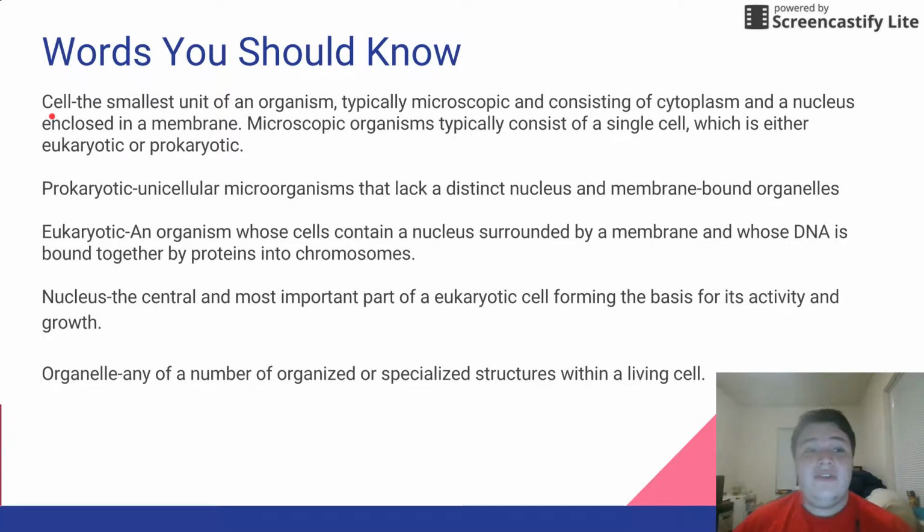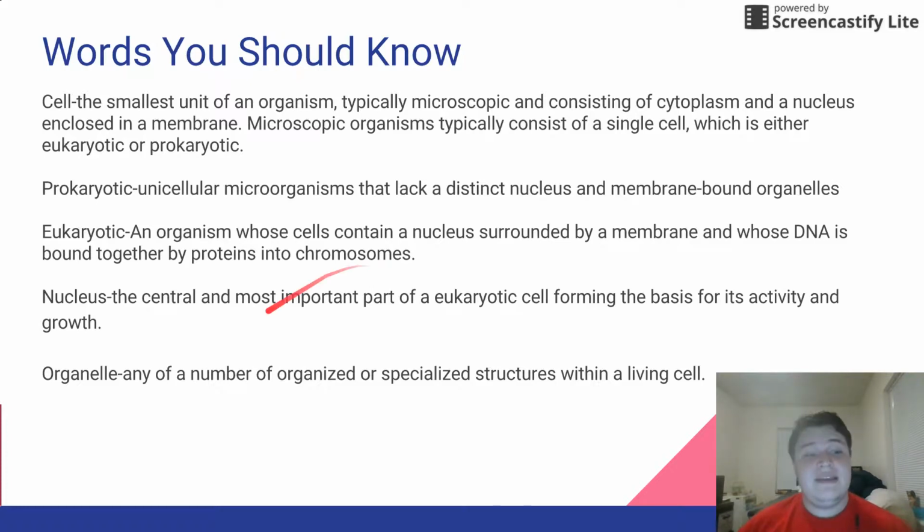as the cell, which is the smallest unit of an organism, typically microscopic, and consisting of cytoplasm and a nucleus enclosed in a membrane. Microscopic organisms typically consist of a single cell, which is either eukaryotic or prokaryotic. On the prokaryotic side, it is a unicellular microorganism that lacks a distinct nucleus and membrane-bound organelles, while the eukaryotic cells are organisms whose cells contain a nucleus surrounded by a membrane and whose DNA is bound together by proteins